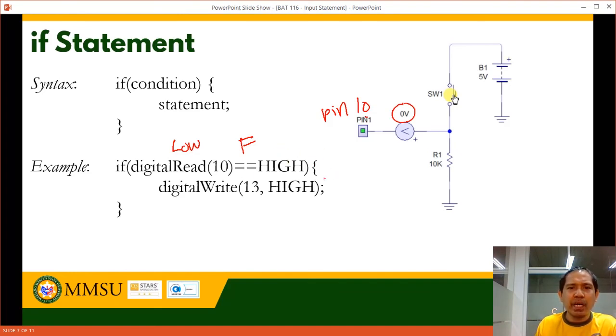If this is false, then the statements written inside the open and close curly brackets will not be run, will not be executed. Therefore, it will just go outside. If this is false, then it will not perform whatever is inside our curly brackets. However, if this is pushed,